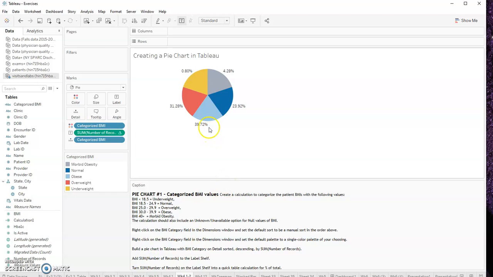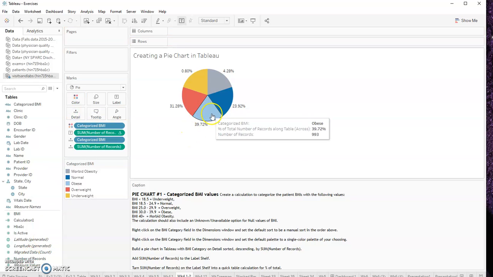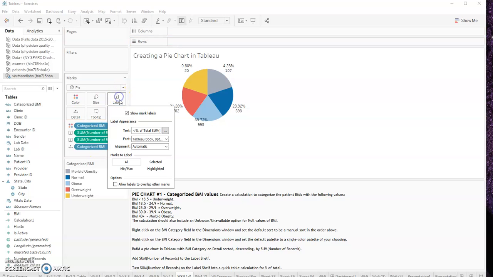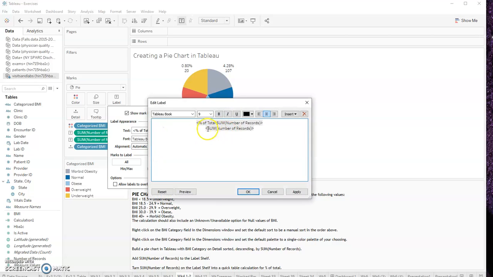So we can see that while this was 900, in fact, I'm just going to bring this up to detail so that we can see how many there are. So we have a total number of records of 993. That's 39.72% of this population that are considered obese. In fact, we can even add that to the label. So our labels, in fact,